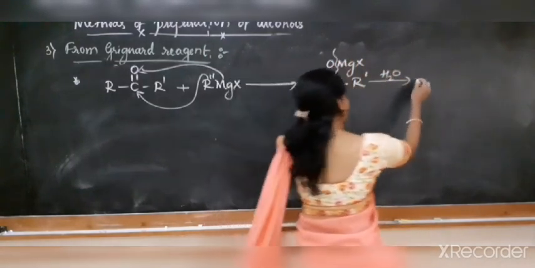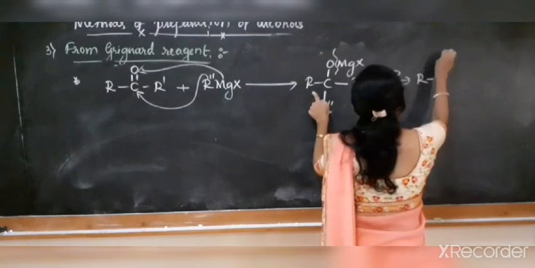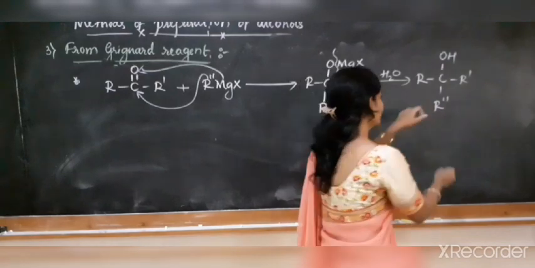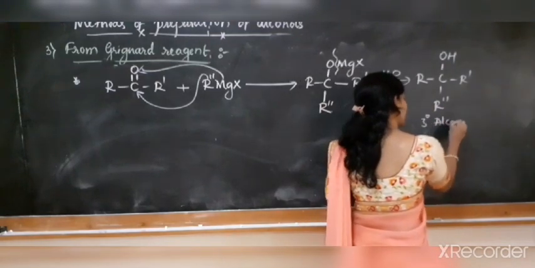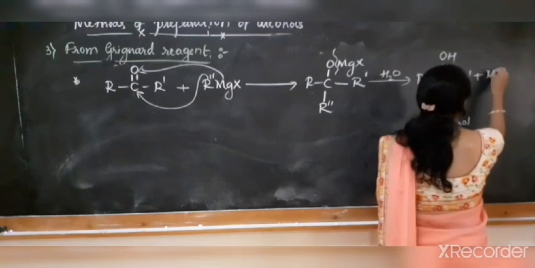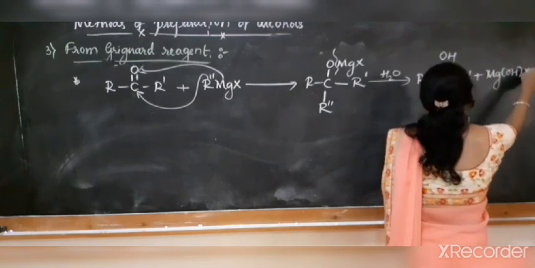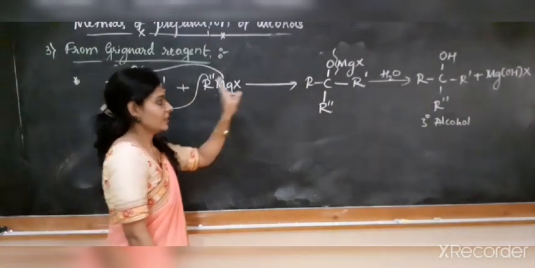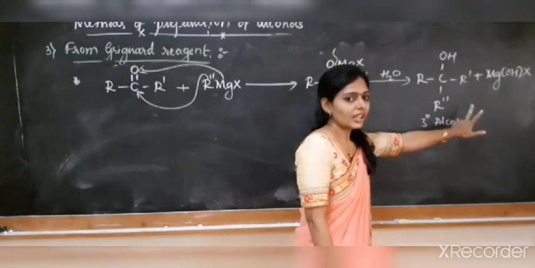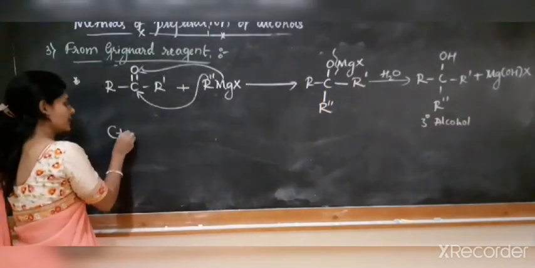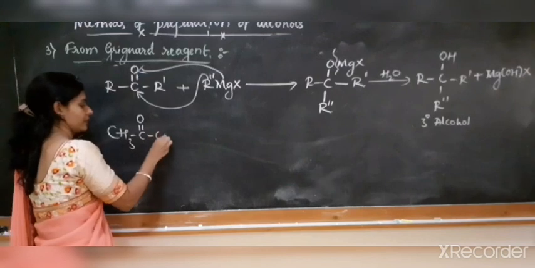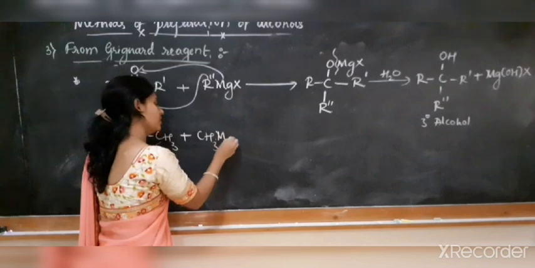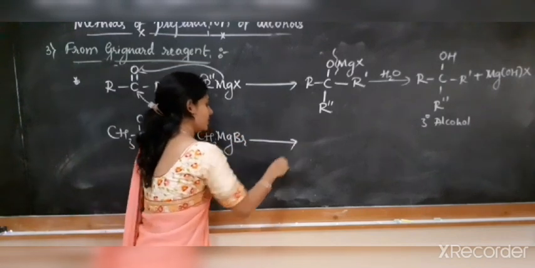This bond is cleaved to get the stable alcohol. So we get OH, R', R together. Like this we get the tertiary alcohol as a product when we take ketone as a substrate. When we take ketone, which on reaction with Grignard reagent results in the formation of tertiary alcohol. You can write an example of acetone. We can take any alkyl group in place of R, not only CH3, you get tertiary only. So this on reaction